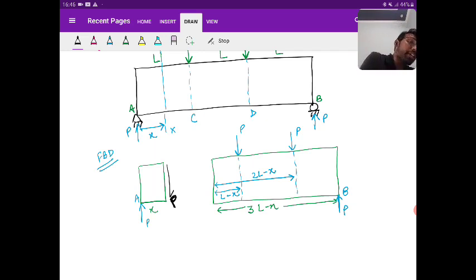Yes. Similarly, coming right to left, what is the net force acting on the second, that is the right part of the structure? 2P is acting downward, P is acting upward. So what is the net force? P downward, yes or no? So this P downward will be balanced by the P upward at this section. So what is the shear force at the section? Nothing but P. Shear force at the section is P.